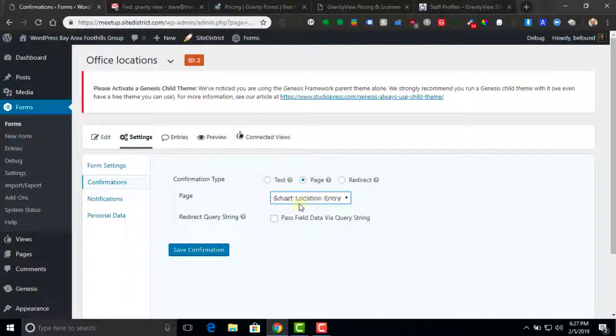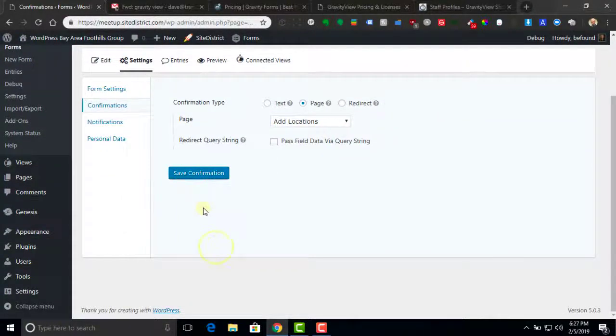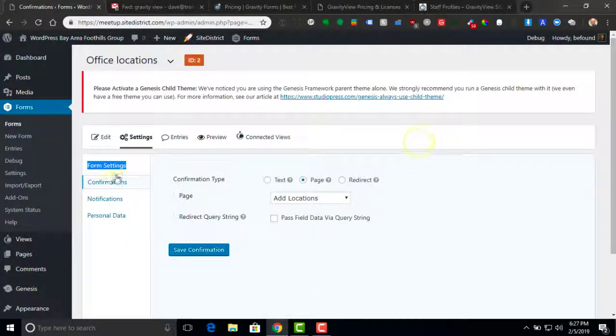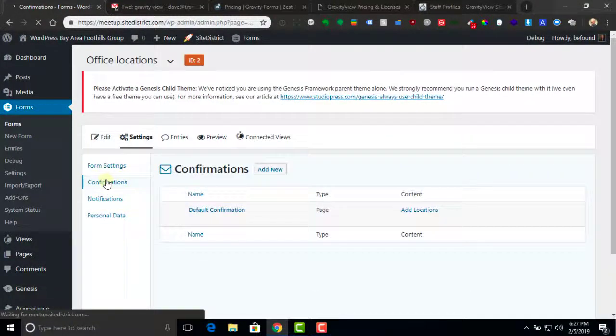What would you like to, I don't know, what would you like to do next? We'll be back to you. So it reloads the page with a blank form on. Yep, in this case. And you can have more than one confirmation. I usually send them to a page for a variety of reasons, but if you just choose the default confirmation,